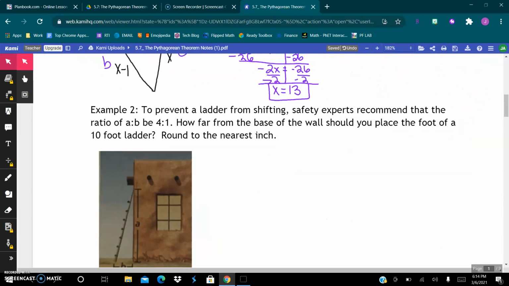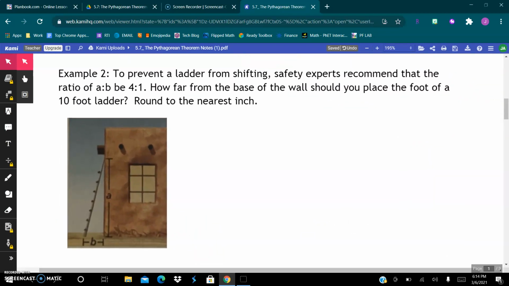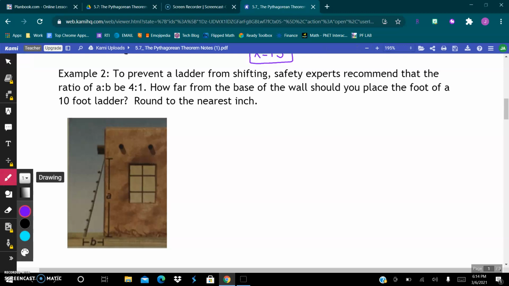All right. Example 2 says to prevent a ladder from shifting, safety experts recommend that the ratio of A to B be 4:1. How far from the base of the wall should you place the foot of a 10-foot ladder? Round to the nearest inch. So we want this value here,